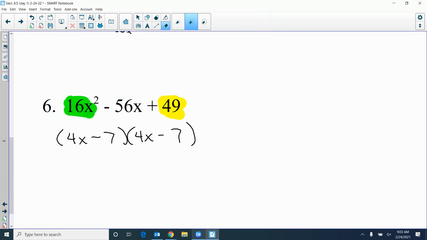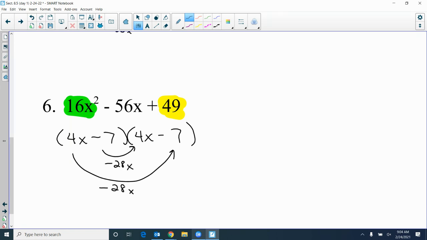Okay, so I'm trying that first because you're multiplying 16 times 49. Now, you don't get a lot of these, but you get a couple of them so you can save a little bit of time. So I'm just going to test this out first and see if it's right. I know 4x times 4x is 16x squared. I got to check the middle. That's negative 28x. That's negative 28x. What's it add up to? So are we right? All right, make sure you get that down. That's your answer. 4x minus 7 times 4x minus 7,